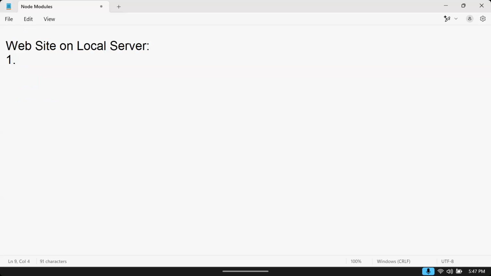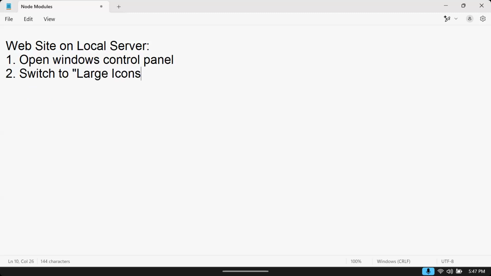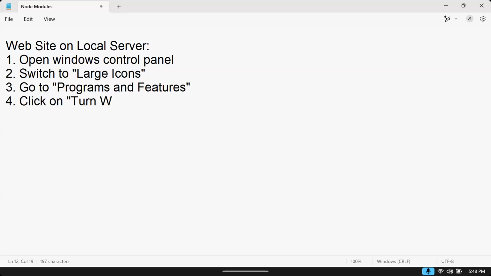So what you have to do is open Windows control panel and switch to categories, switch to large icons and go to programs and features and click on turn Windows features on or off,